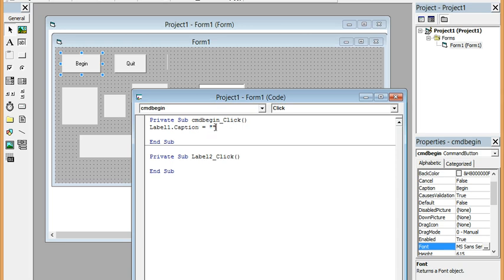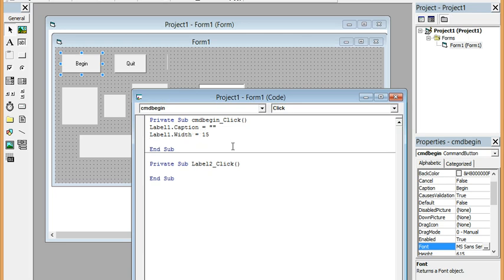You see, there's nothing between these inverted commas, so the caption is nothing. Then you go to label 1 dot width equals 15, and the label will become small as you click this,